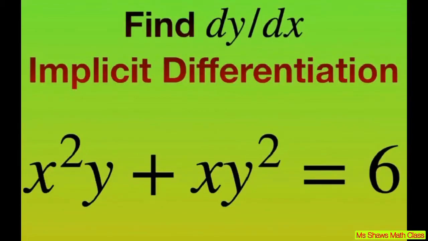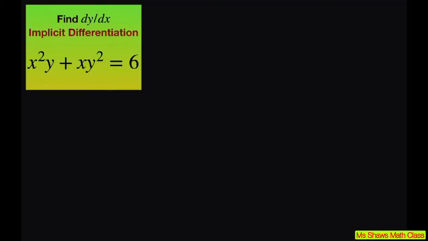Hi everyone, we're going to find the derivative of y with respect to x, and we have x squared times y plus x times y squared equals 6. Before we get started, we're going to use the product rule for these first two terms here, and remember that